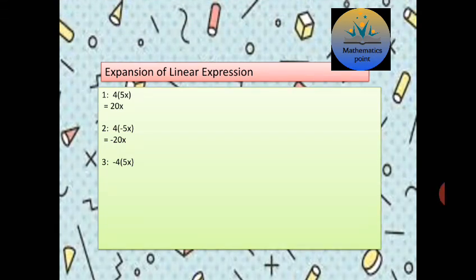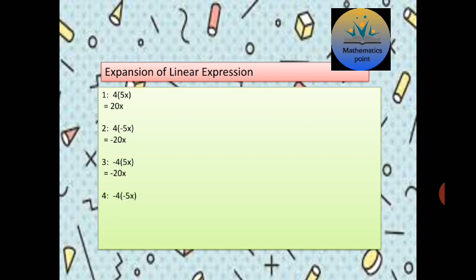Okay, so in the next situation we have minus 4 multiplied with 5x, plus times minus is minus. 4 times 5 is 20 and we have x. The same question with different scenarios of the signs. We have to analyze when the sign will be inside the bracket and when the sign will be outside the bracket, and what effects will appear in your answer. This is the situation in which the sign is outside the bracket, with the first term and the second term, and what will appear in your answers.